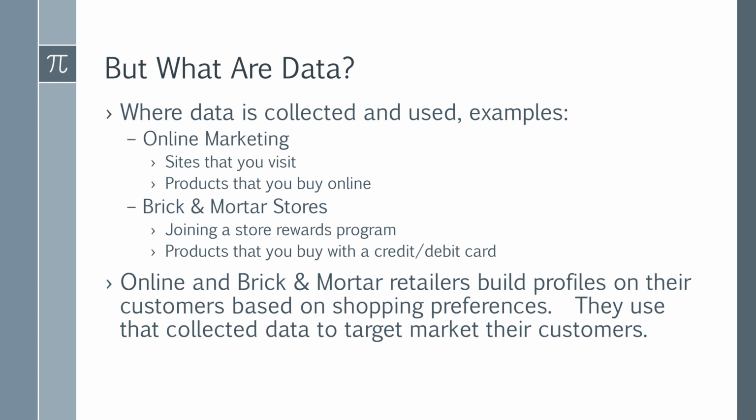Another way that a retailer may use data that they collect is if they have a certain number of products that they like to keep on the shelf or in stock. When that count gets down to a certain level, because they're tracking each time that item gets purchased, they know what their inventory is, and then they know that it's time to reorder so that they can restock if they want to keep a certain number of that product on the shelf.